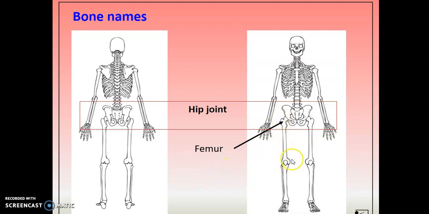Now, this is going to sound really silly and everyone sort of laughs at me, and I do like to make a fool of myself in lessons, so I might as well do it online as well. The way I remember femur, because it's the biggest bone in your body, I think big, I think giant, I think femur, I think fee, fi, fo, femur. So that might help you remember. A giant might say fee, fi, fo, femur, biggest bone in your body, thigh bone,